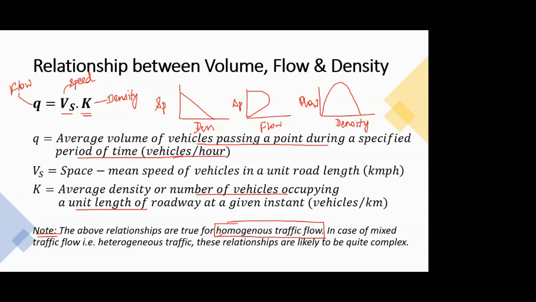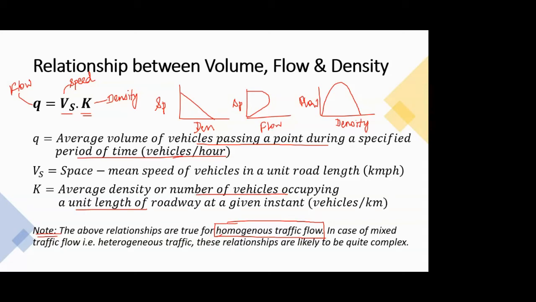But you all know this is quite an ideal or theoretical situation. In some developed countries, for a particular road, you can have the condition that there are only cars. But if you talk about Indian conditions, you will rarely see, or I have never seen, and you might have never seen, only one particular type of vehicle moving on the road. There is always more than one type of vehicle.